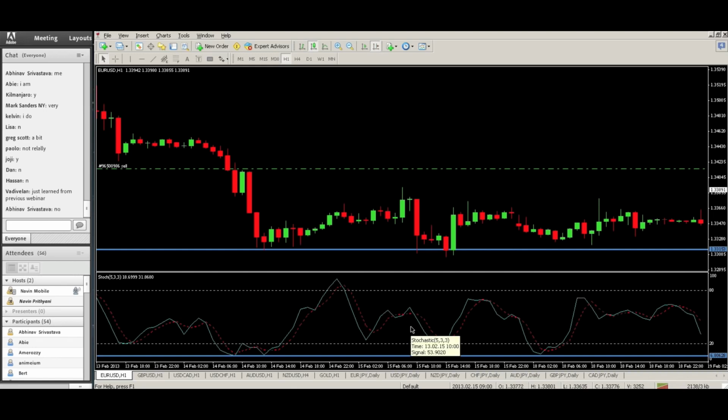No. We don't have the breach here. Since we were going in a downward movement, we're going to connect our bottoms. Okay? When you're going in an upward movement, connect your tops. When you're going in a downward movement, connect your bottoms. We're going to connect our bottoms. Okay? This is our first breach.